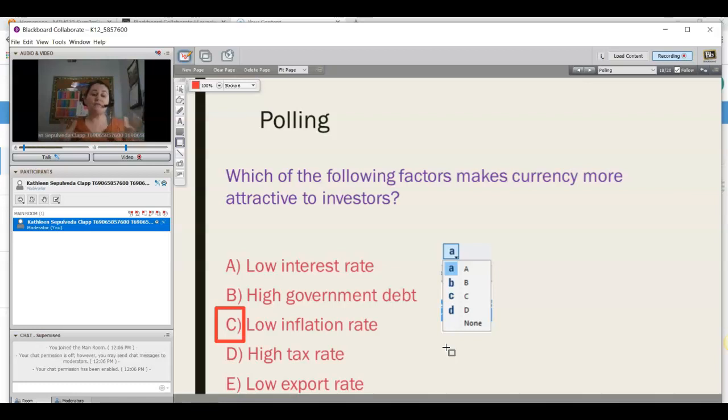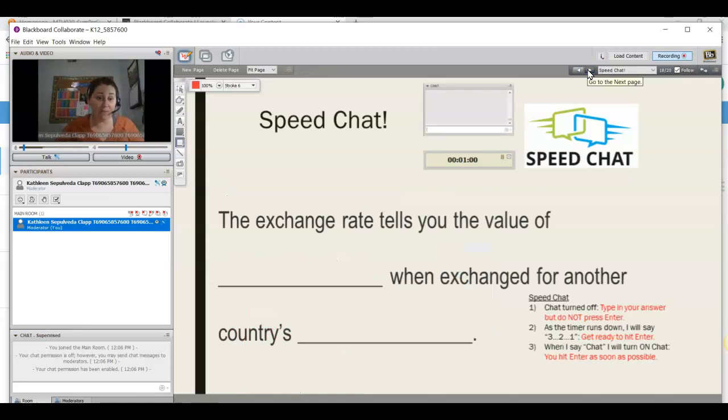Okay, and so low inflation rates really help foreign investors say, this is a country that I could invest in and put my money in, because look, they're pretty stable. They have low inflation rates, nothing is ballooning out of sorts, and their money does have value. And it's important to know that when a country has money, you need to look at the exchange rates and the value of that particular money. And so that's where we talk about how the exchange rate tells you the value of a currency.